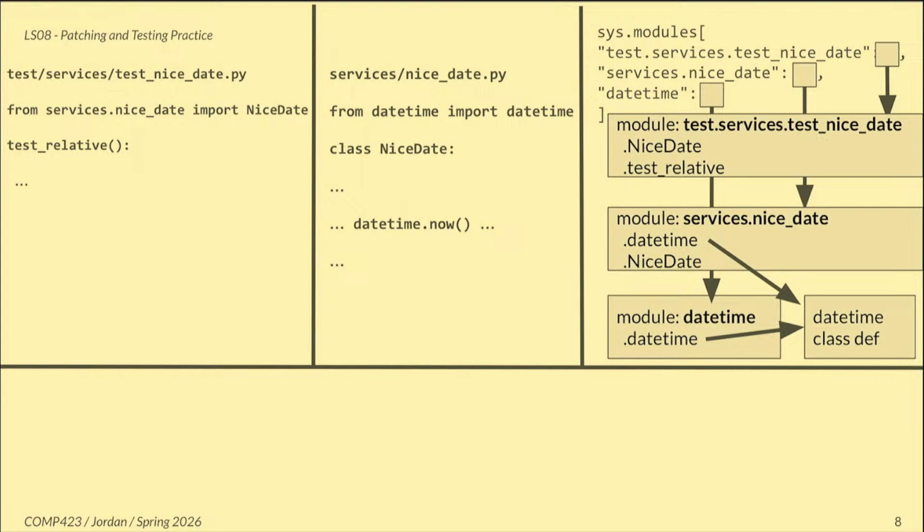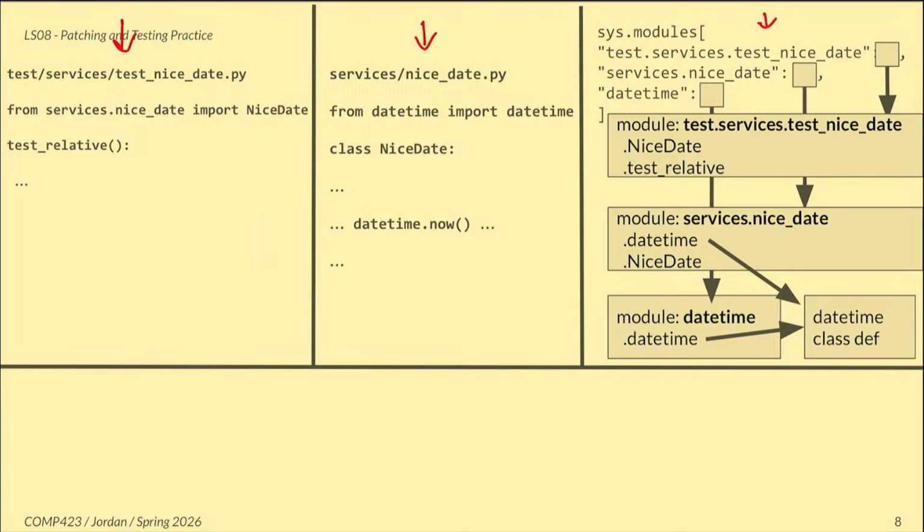So I've got a slide that I'm going to talk through with some notation. In this first file, we've got our test. In the second file, we've got our class that implements this. And then over here on the right, we've got a very hand-wavy representation of what's going to be going on in memory, right? So when PyTest first evaluates our testing module, it's going to